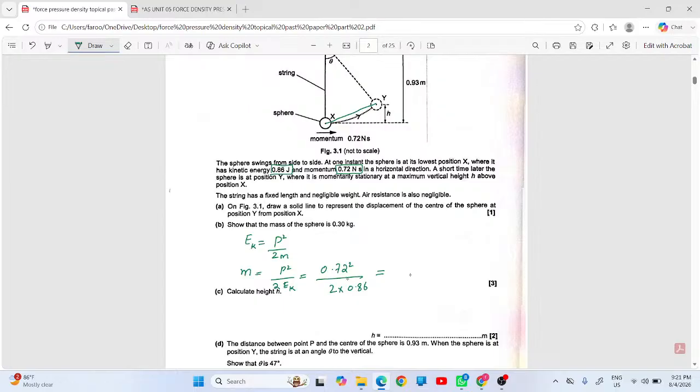0.30 kg. Next is calculate the height. This height, ये आपने फाइंड करनी है।